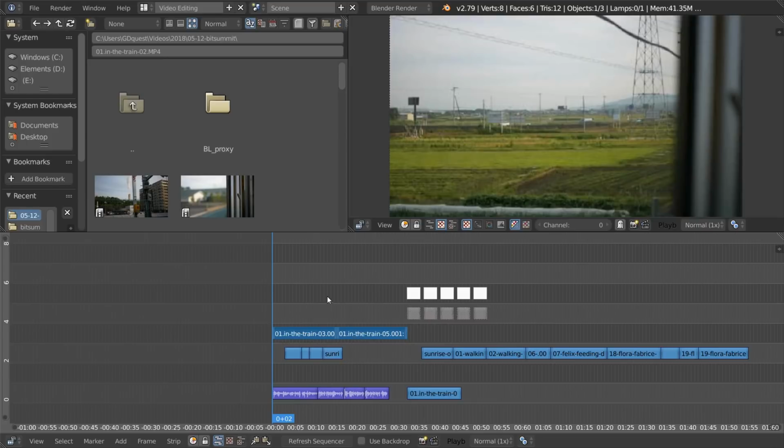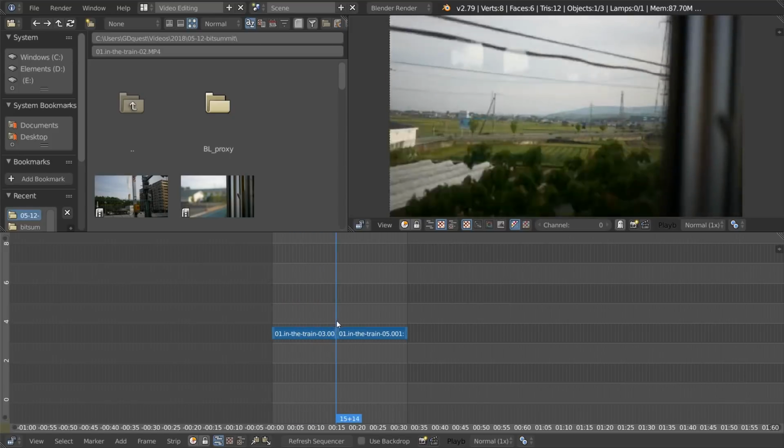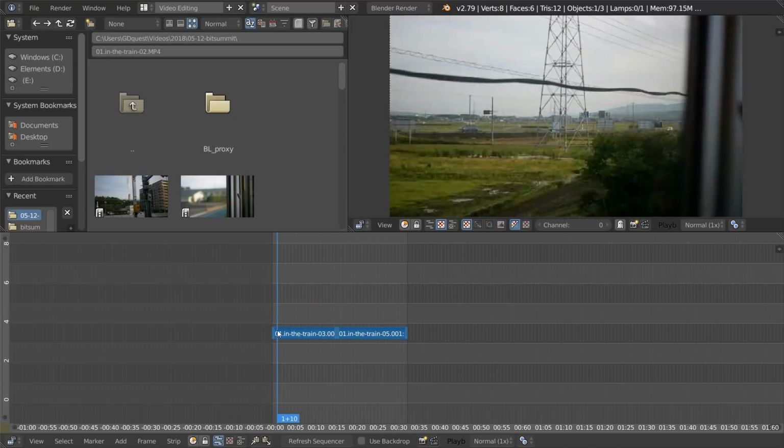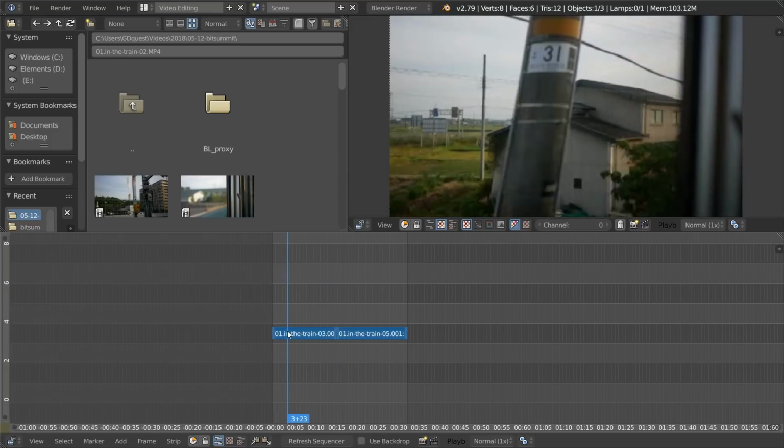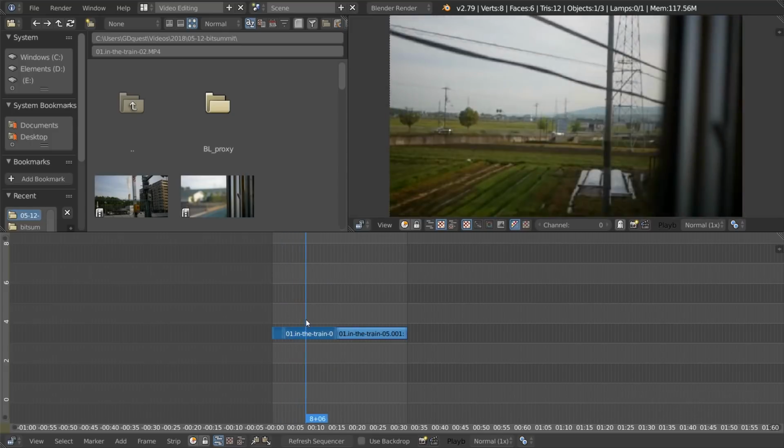Okay, so Control G to group them in a meta strip where I can start to trim them because they're a little long. I have a point of interest here, the house that passes in front of the camera. Yeah, so let's cut a little before that and give it some space after that before we pass in front